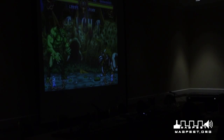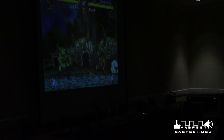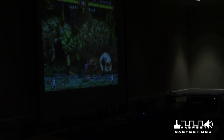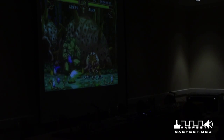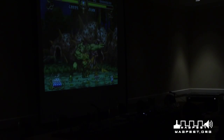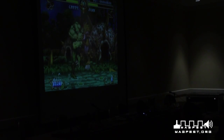It's a 6-button fighting game that's made the same as Street Fighter. Top buttons are your punches, and bottom are your kicks. I don't know how to do them per character, but